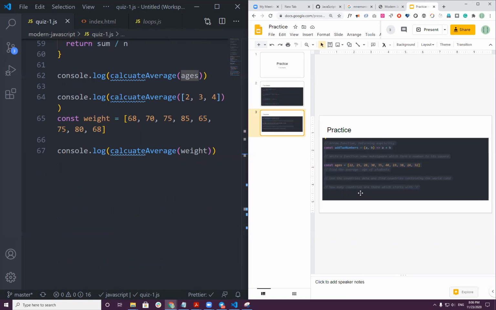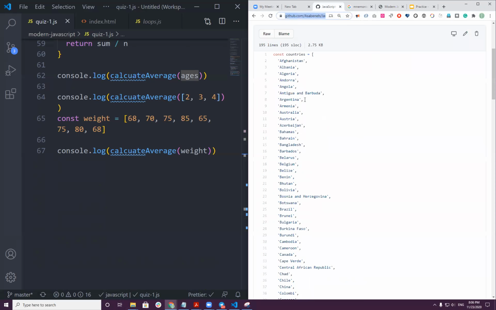Did you understand the question, by the way, here? It says, use the countries data and find countries containing the word land. I had a typo there. It says world, but it's the word land. Okay, so where is that?